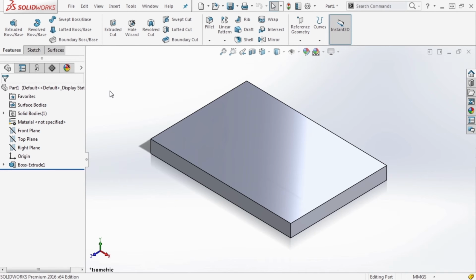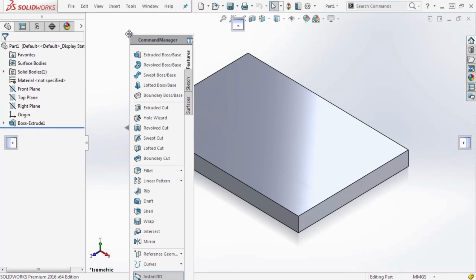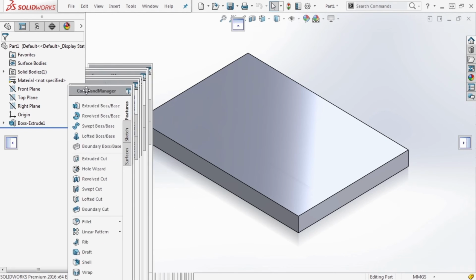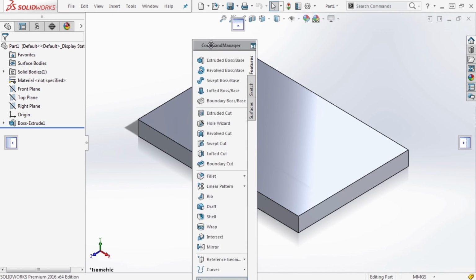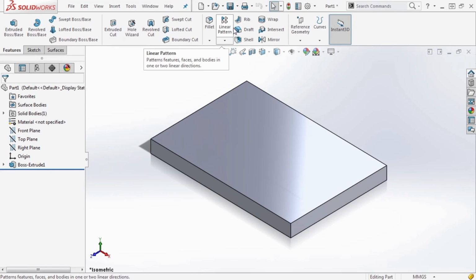But there's a little bit more that we can do. Now, while this is the default location for the tabs in your Command Manager, you can move this around the screen. You can undock it, you can dock it to the left, to the right, back up top, or even drag it onto another monitor. In most cases, you'll find that at the top is going to be the most ideal location. That's where most programs place this, and that's where it's going to be most commonly placed. So if